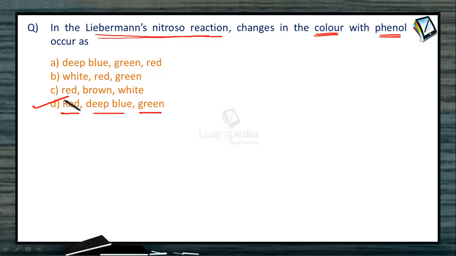Why exactly this? There is a change in the color, and what colors will be seen during the course of the reaction. So if you are already familiar with the reaction, directly we can write the colors, and thereby the answer is D. And if a detailed reason or explanation is needed, then we need to go through this particular reaction. And in the case of Lieberman's nitroso reaction,